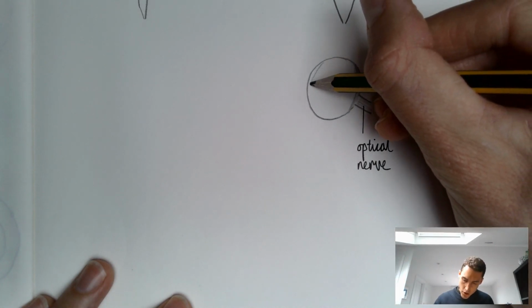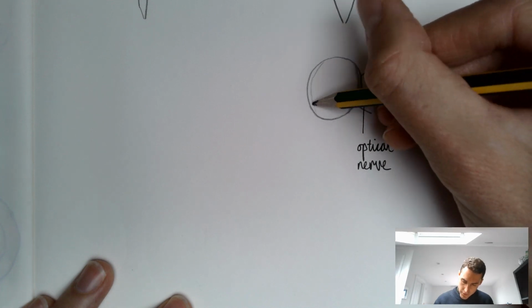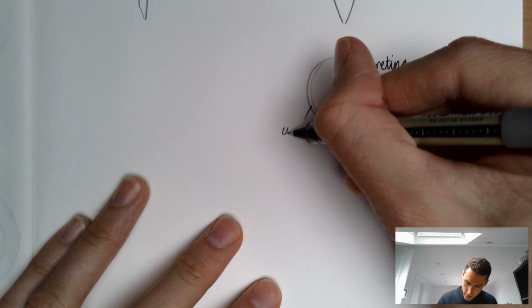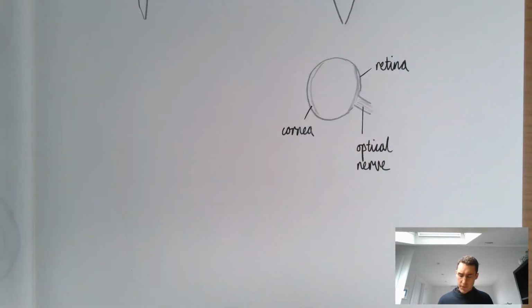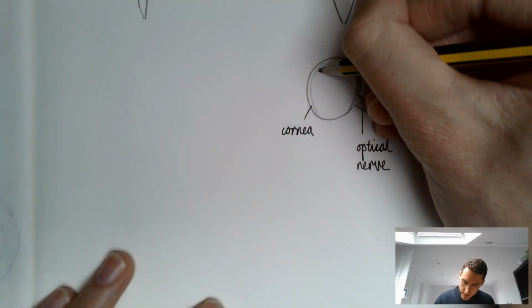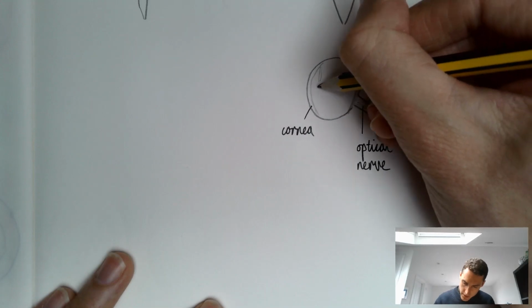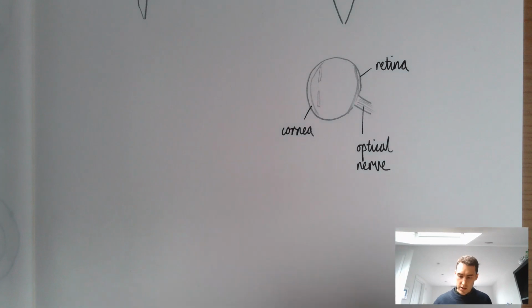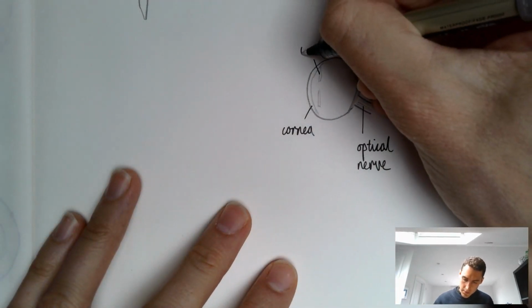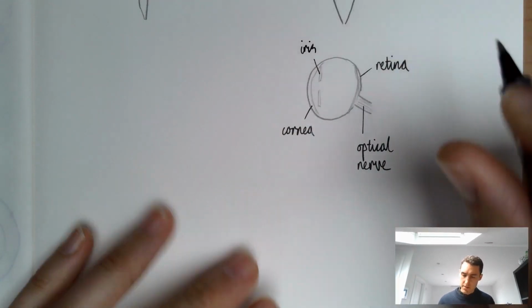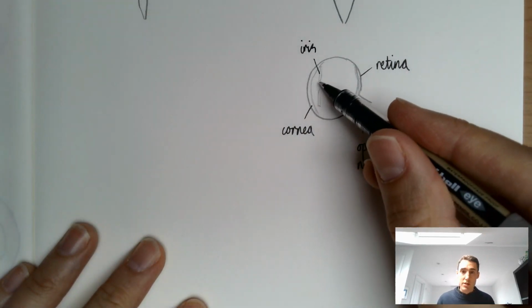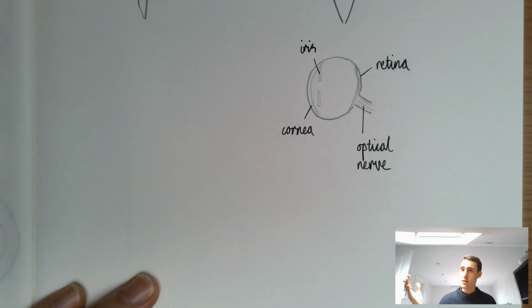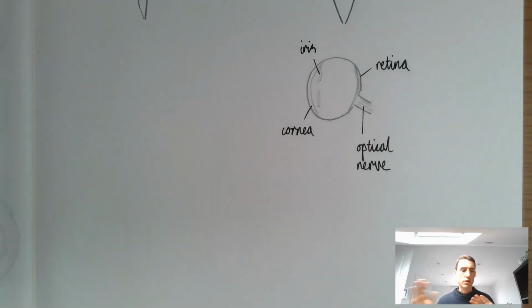You can say, for one, there's this protective layer around the front, like this. So this would be the cornea. And then you can say, again, you don't need to go into loads of detail about the iris, which is the coloured bit of the eye. But you could add a label here, although I don't think that comes up in the practice. But what is important is that that creates a hole, which changes size. Again, they'll look at that in more detail when they get into rods and cones and all of that